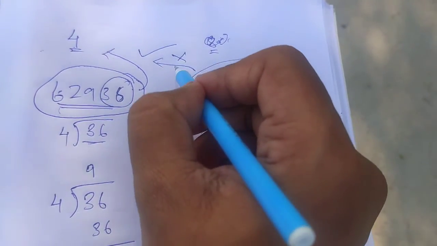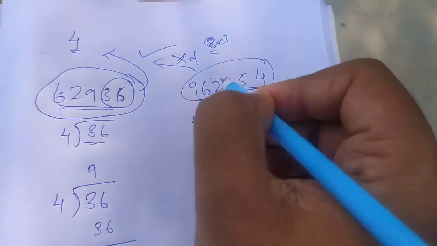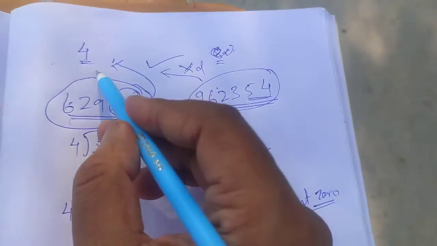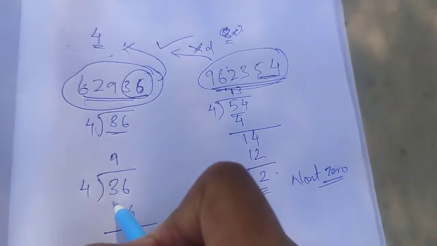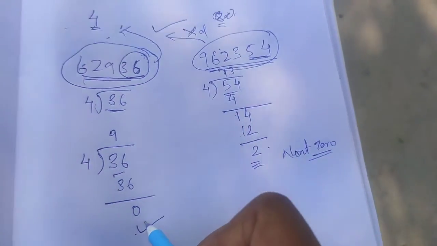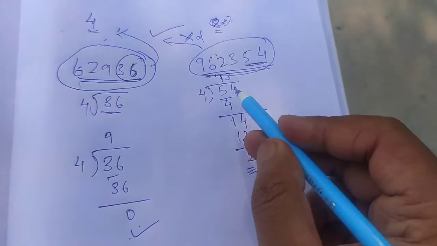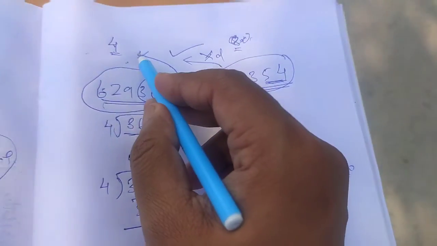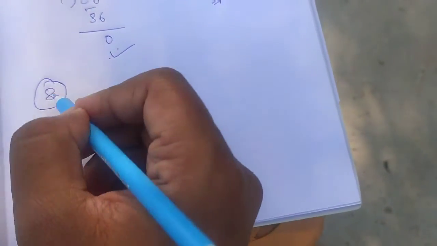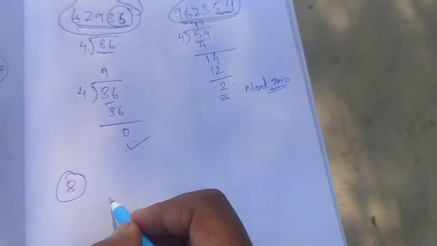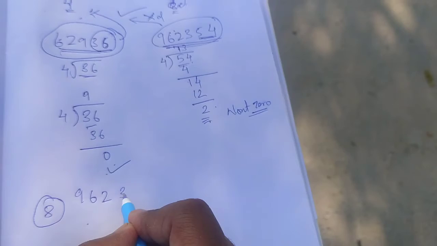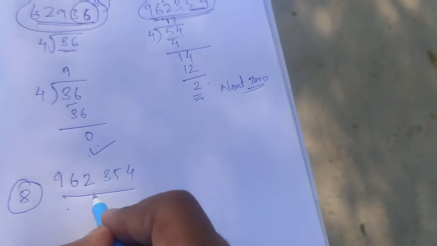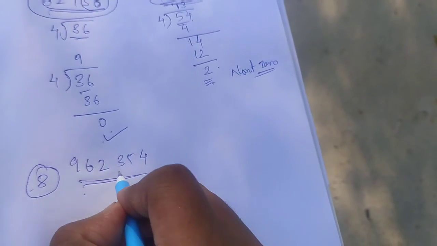This number is not divisible by 4. So for divisibility of 4, take the last two digits and divide by 4, and if the remainder is 0, then it is divisible by 4. If the remainder is not 0, it is not divisible by 4. For 8, let us take the same number, 96235. For 8, take the last three digits,